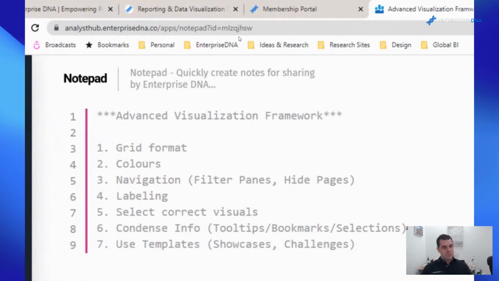Okay, my last one is using templates. Okay, so not creating everything from scratch. Looking out there in the community on our website, we've got challenges, we've got showcases, but there's a lot out there in the community that you can leverage and reuse within your own reports.